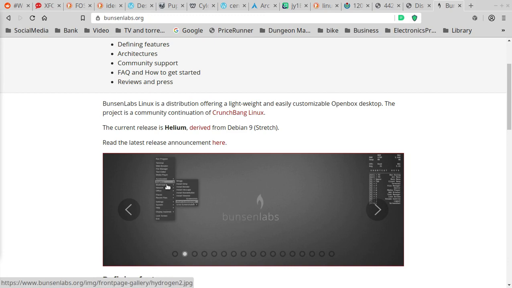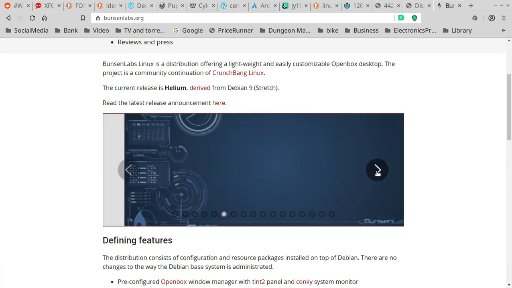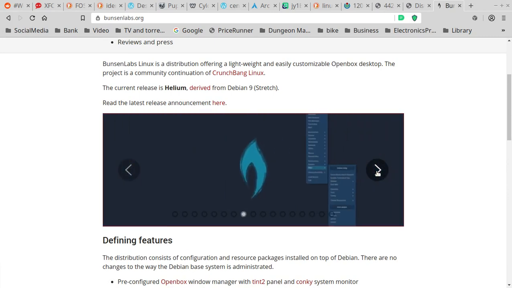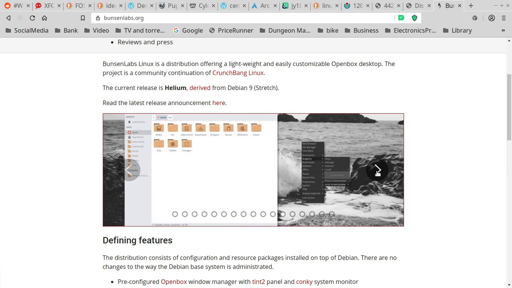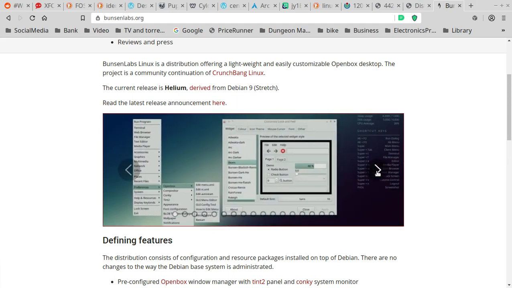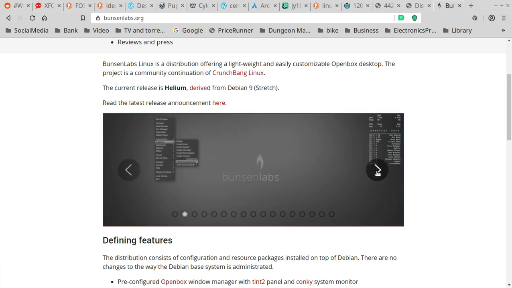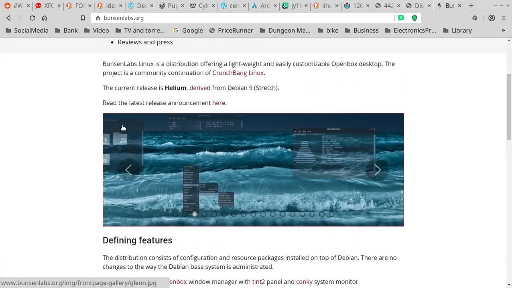And BunsenLabs looks quite a lot like Crunchbang, where you just right-click and you get your menus. Very, very minimal. And you'll notice everything they're showing you here is pretty much a wallpaper, because when it comes to Crunchbang, it's literally the program that you're interested in. So instead of showing you LibreOffice, they're showing you pictures of desktop wallpaper, because there's so little to it, in order to keep it so small that it does just what you need to do and run the specific software you need to run. But these are great little distributions for less powerful computers. But anyway,